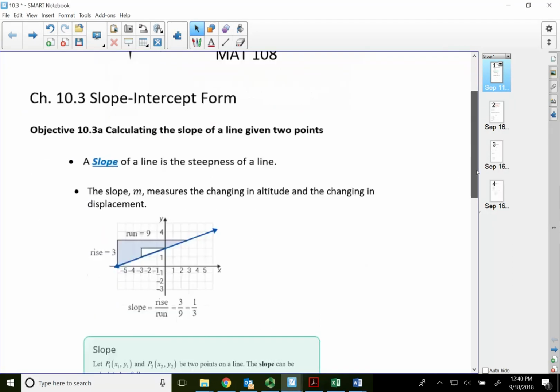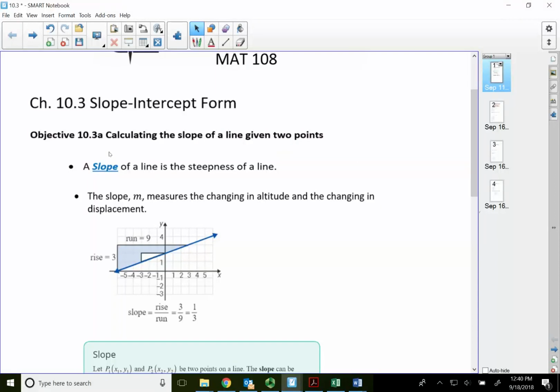In this particular video, I'm going to show you how to calculate the slope of a line given 2 points. So we know if I have 2 points, I can connect them with a line on the graph, okay? And we normally use the equation of the line to find 2 points in order for us to draw the line like in module 10.2. So in this video, I'm going to show you how to find what is so-called the slope if you have